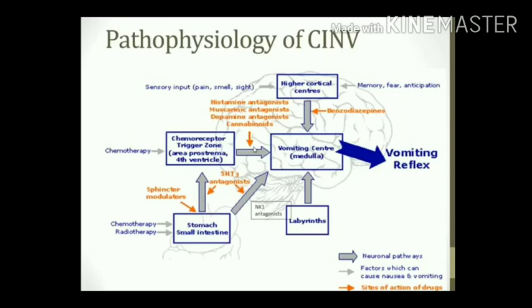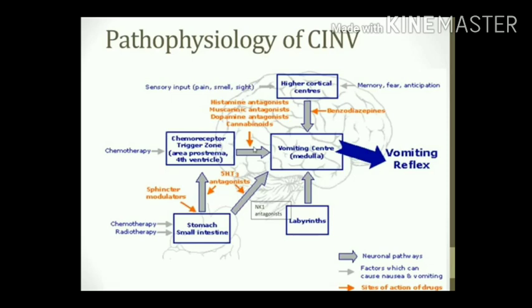Hi, we already discussed the pathophysiology of vomiting, which is chemotherapy induced nausea and vomiting. So now, what are the factors that induce vomiting? The factors that stimulate the vomiting center: first is the CTZ, the chemoreceptor trigger zone, and the next is the vestibular nuclei, motion sickness, which is the labyrinth, and a higher brain center where the sense organs like eye, pain, smell, sight, and some emotional factors cause vomiting.